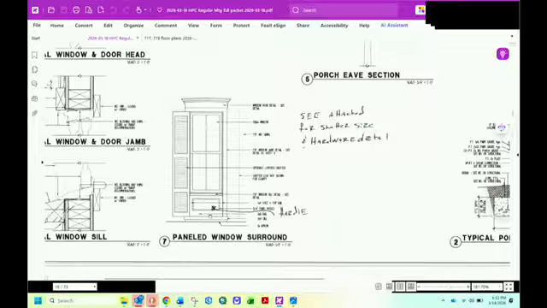Then this is the actual 4x4 window sill, and then a little apron till it hits the floor. This also shows they're intending to include some shutters, which, as we know, will be actual operating shutters, and they've provided in a separate document, we'll see in a minute, the details about the hardware. I think that's it on that one.